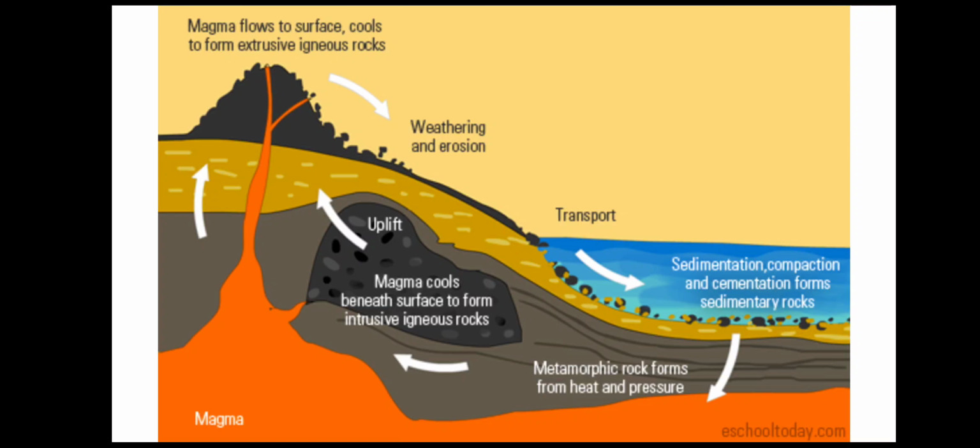When the igneous and sedimentary rocks are subjected to heat and pressure, they change into metamorphic rocks. The metamorphic rocks, which are still under great heat and pressure, melt down to form molten magma again. This molten magma can cool down and solidify into igneous rocks. So the rock cycle continues.